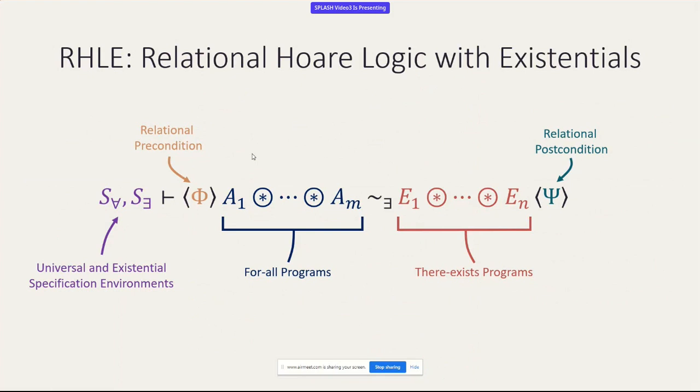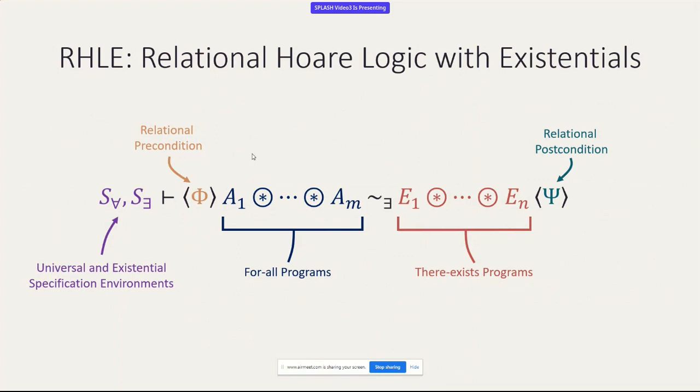The notation is sort of borrowed from Cartesian Hoare logic, but going from left to right, it looks like this. On the left side of the turnstile, we have universal and existential specification environments. We're going to reason in both modes, so we need access to both kinds of specification. Then we have the turnstile. Then we're going to give a relational precondition. Then a list of programs that are for all programs, so living on that top part of the line of